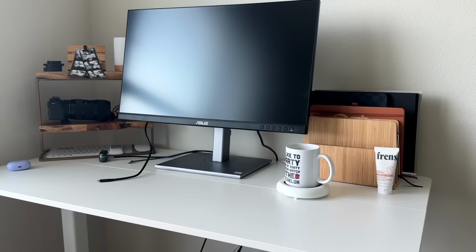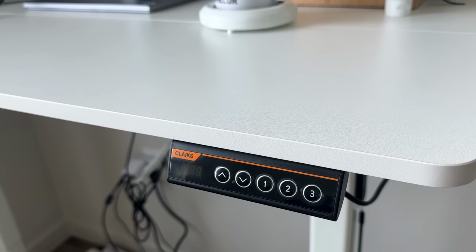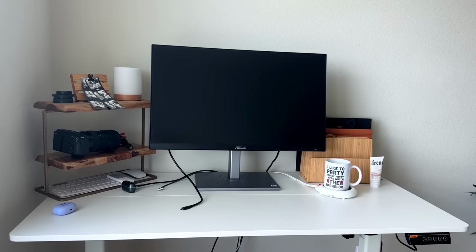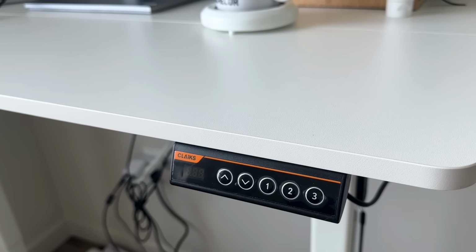There's so many different standing desks out there, and this one was one of the more affordable ones I had found, and it is perfect. I feel like the quality is great, does the job. I don't feel like you need to spend over $200 for a standing desk. You adjust it up and down. You can make certain settings. There's 3 different settings. So if you use it and someone else uses it,